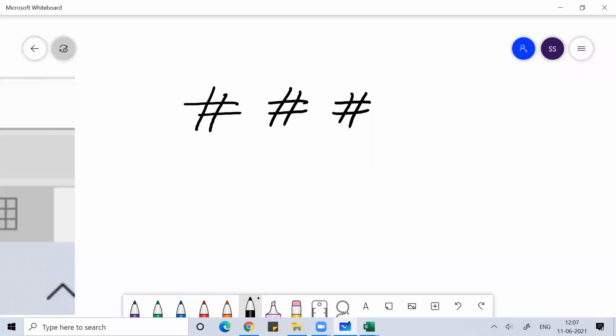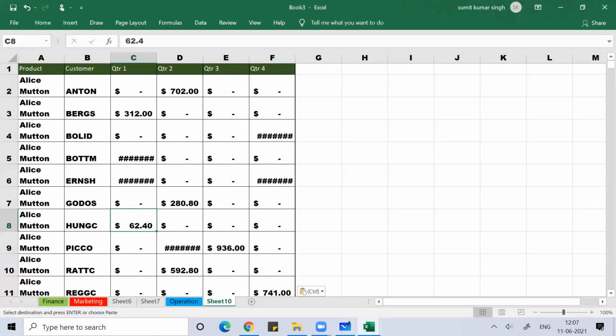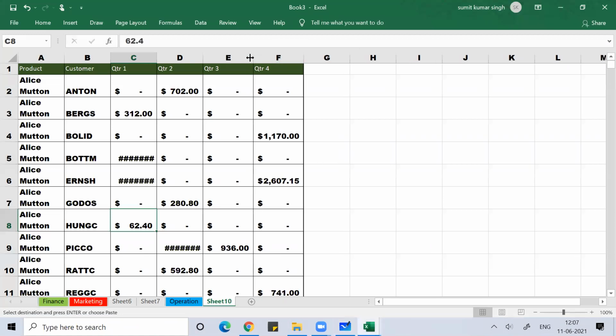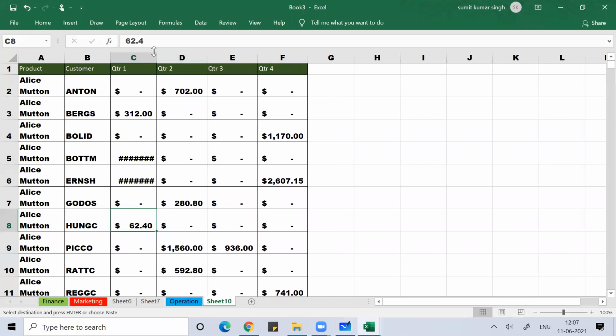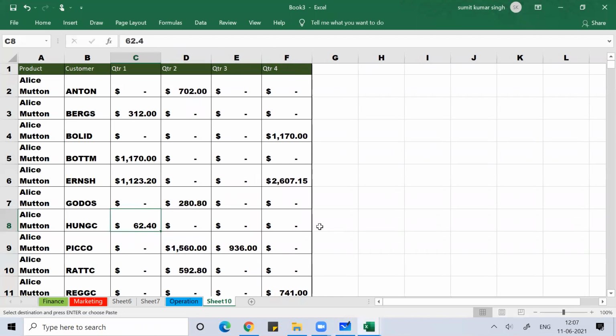When you try to compress the data into a very small cell, it cannot show it, so it starts coming with the hash sign. To make it normal, you can simply double click, and it will become normal.